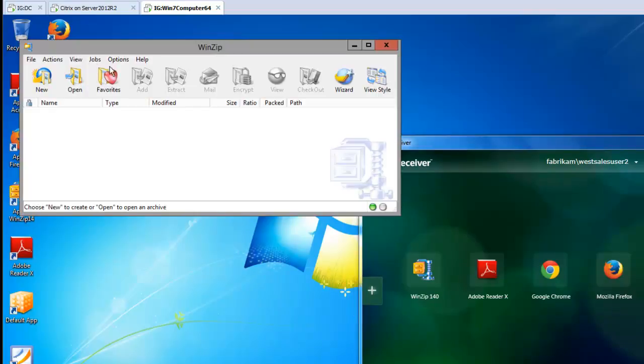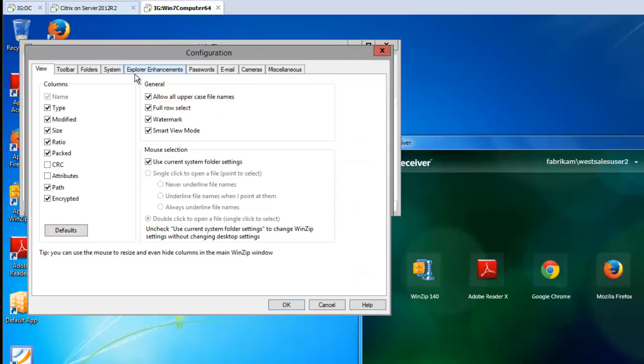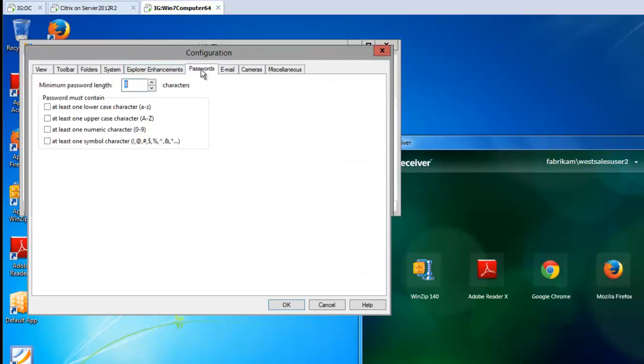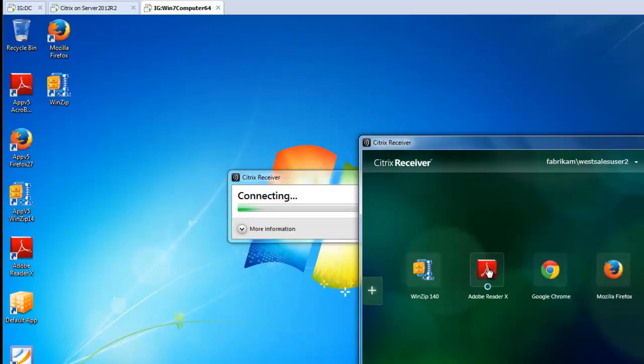So with that in mind, for instance, this application being delivered through Citrix, you might have a corporate IT standard to make sure that there's a guaranteed password length and strength for this application. And gosh, that's not going to be enforced here. If you go and run Acrobat Reader, another common application, you might find that it doesn't have the settings that